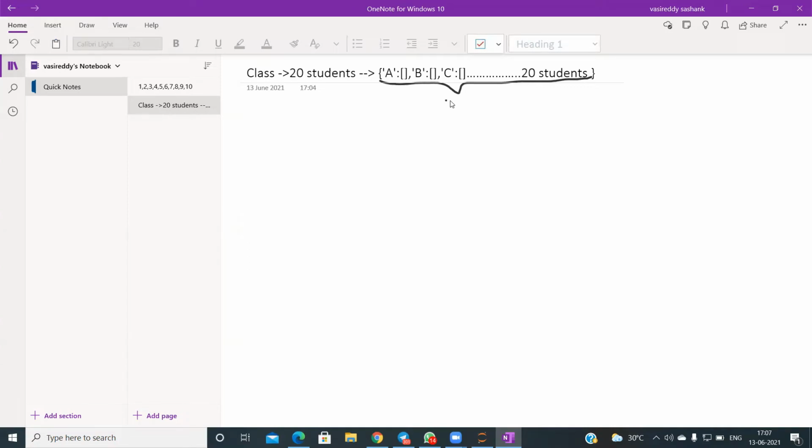Yeah, so when the need arises, this is what you call a dictionary, where this thing you're seeing, A, B, C, are what you call keys in a dictionary. Using keys only, you will be able to access the records in a dictionary.